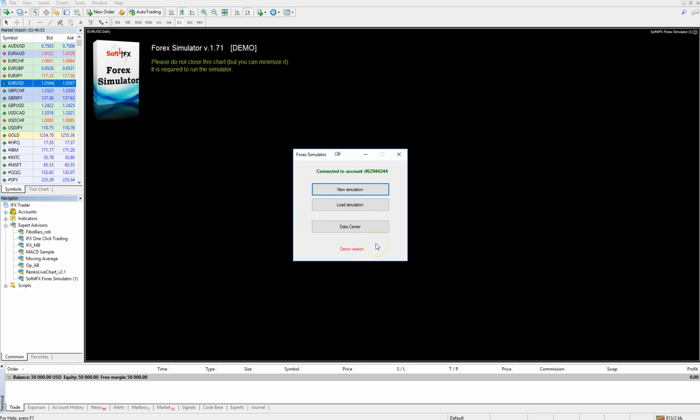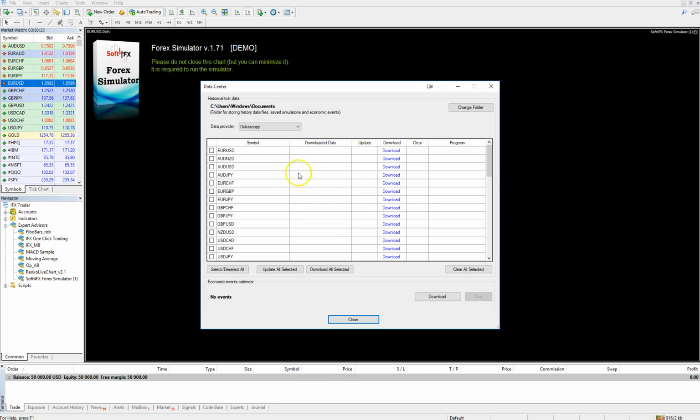The first thing we'll want to do is download the historical price data for the instruments that we can trade within the simulator. Depending on where you get your price data from, you can trade up to 33 Forex pairs, gold, silver, Brent crude, as well as West Texas Intermediate light crude oil, in addition to 12 stock indices. So we'll open up the data center, and from here we can select what we wish to download. For the purpose of this video, we'll download the euro dollar,